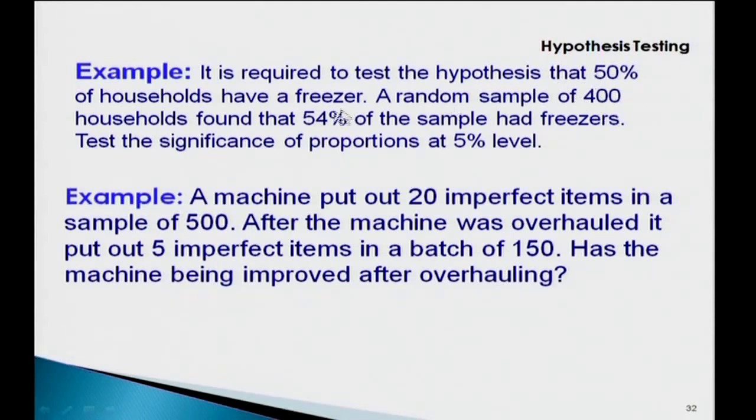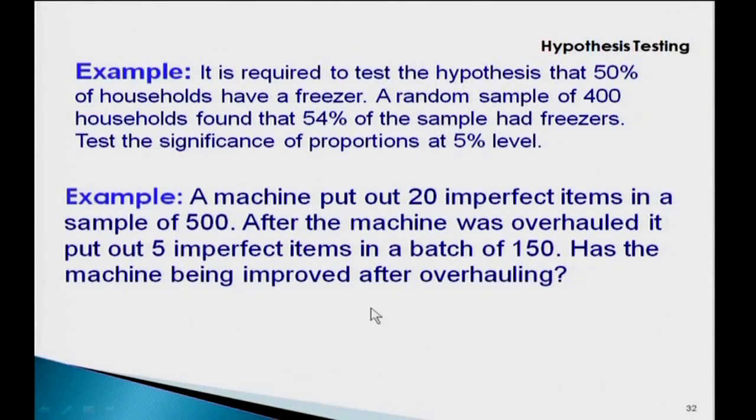A sample says it is 54%. So, this 54% and 50% difference, is it statistically significant or not? We will not decide with our intuition or sixth sense, we will decide this with the help of hypothesis testing at 5% level, at 1% level, or at 3% level, even 4% are also possible. The critical values are available in the Z table, you can use those. I hope you will be able to do it.